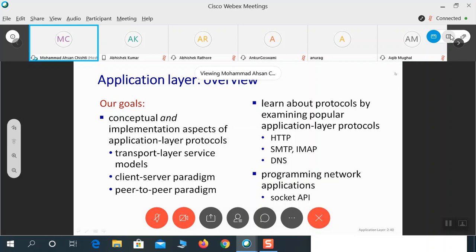We would require RPC there, that is remote procedure calls. This we studied very well in operating systems as well, wherein we had the concepts of sockets and APIs.